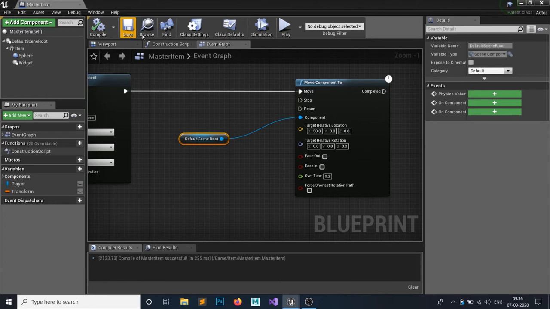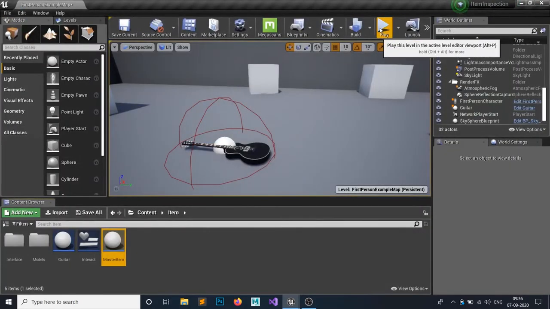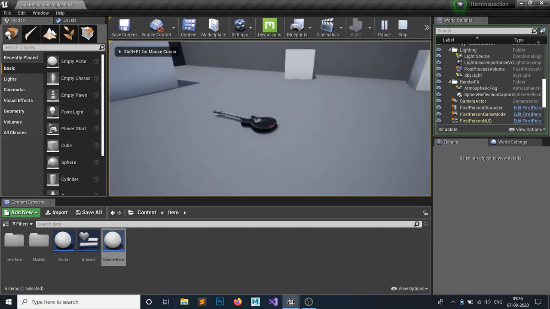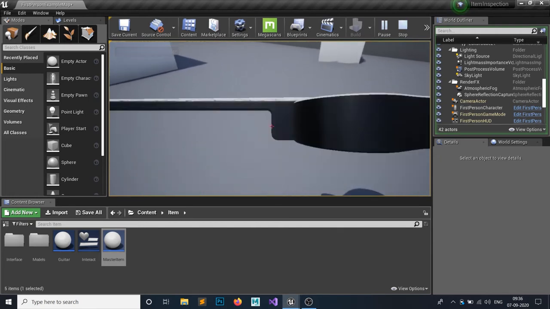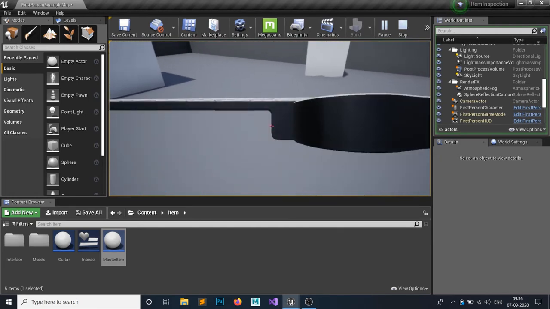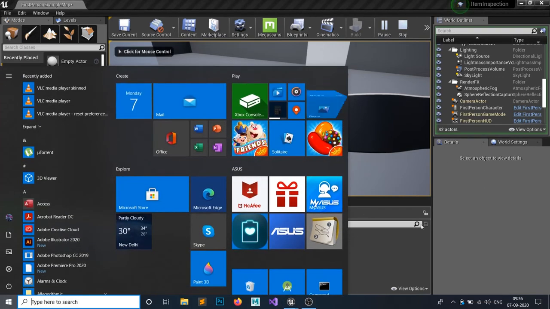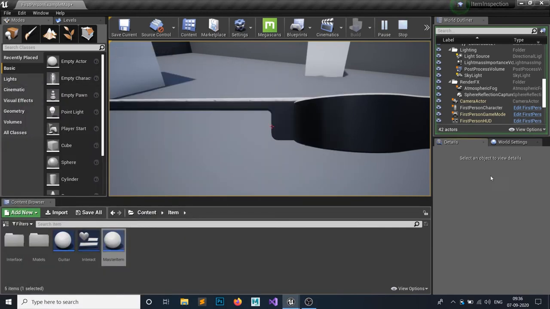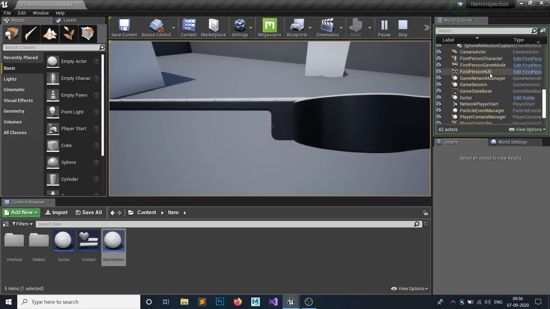Compile and save, and if we hit play and hit E, it looks a bit more large. So what we're going to do is not stop this playing game, just press your start button, and your start button is cool. Just click on this details panel or wherever you want, so you exit from the viewport, and search for the item you are using.